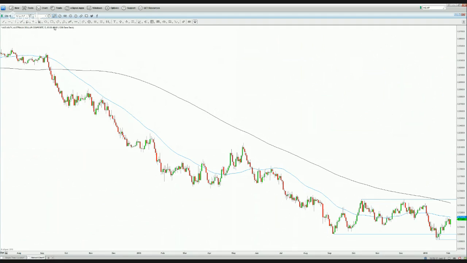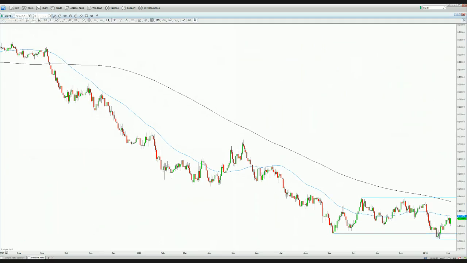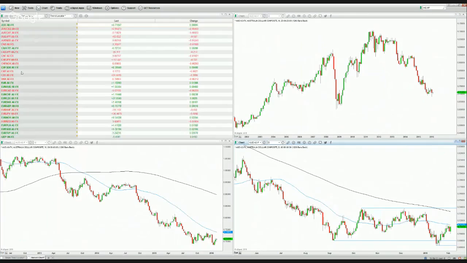So for that reason, the Aussie dollar US dollar is not one that I'm particularly interested in until it breaks out. Ideally, we want to see a breakout to the downside because the trend is very much down. You can see from the bias below the 200 moving average that price is in a bearish bias. But we want to wait for the right setup, and that will be when we get a break of this support level. If we move to the US dollar Canadian dollar,